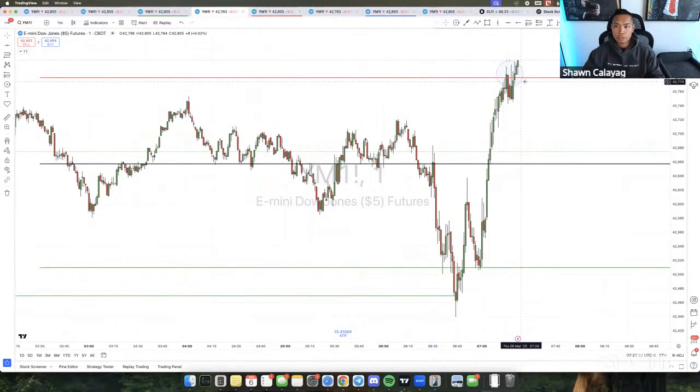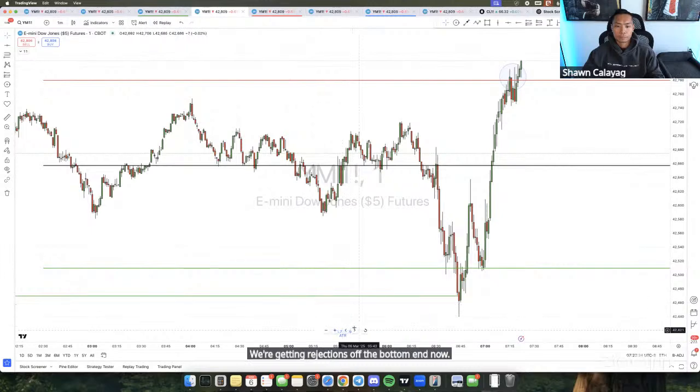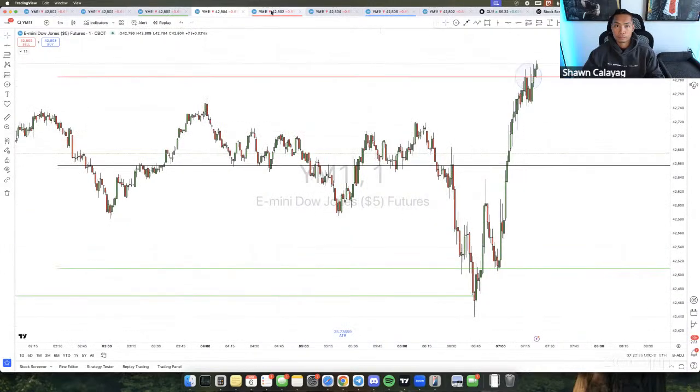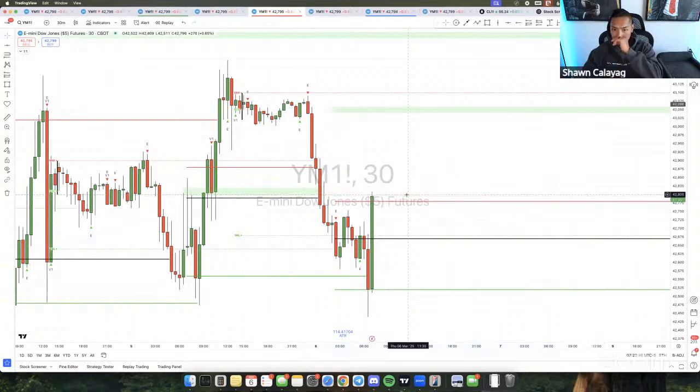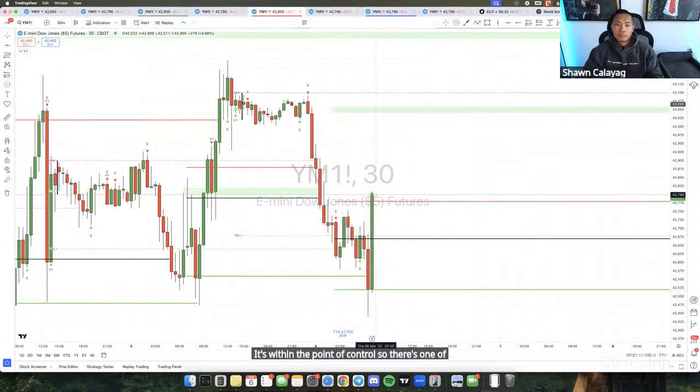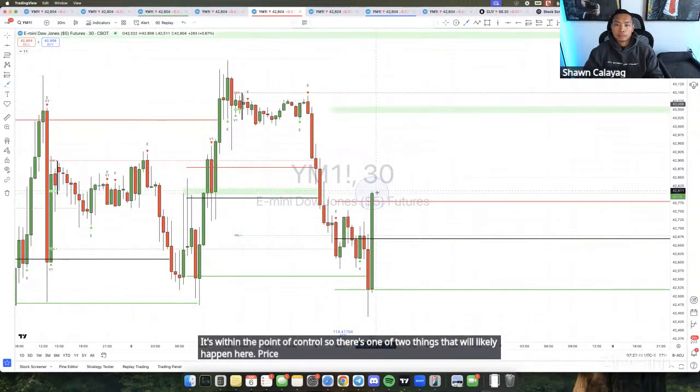But we're getting rejections off the bottom end now. It's within the point of control. So there's one of two things that will likely happen here. Price will either bounce off this and then come back down, or it's going to